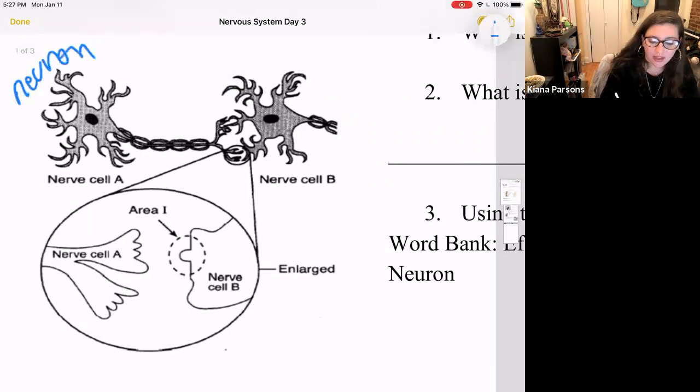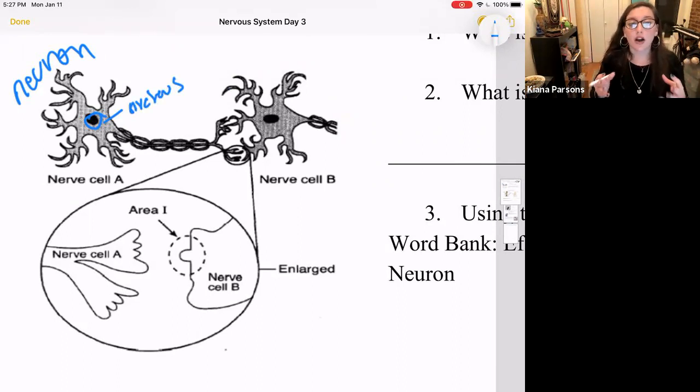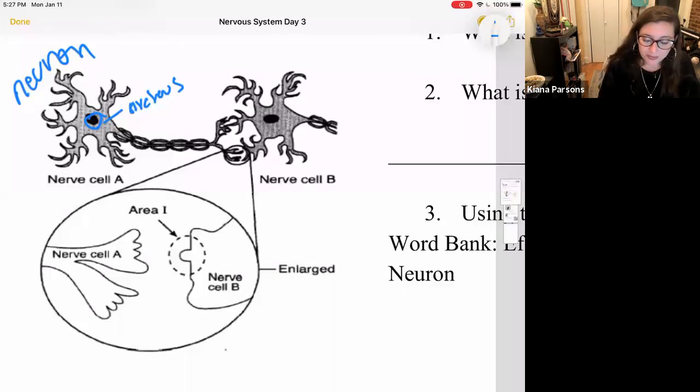And when we're looking at the neuron, we can see here we have the body, right? And so because this is a cell, that little dot there is exactly what you think it is. That's the nucleus. So that's the body. That is the largest part of the neuron itself. And when it sends a signal from that area to the next neuron, that signal, typically in the form of a neurotransmitter,